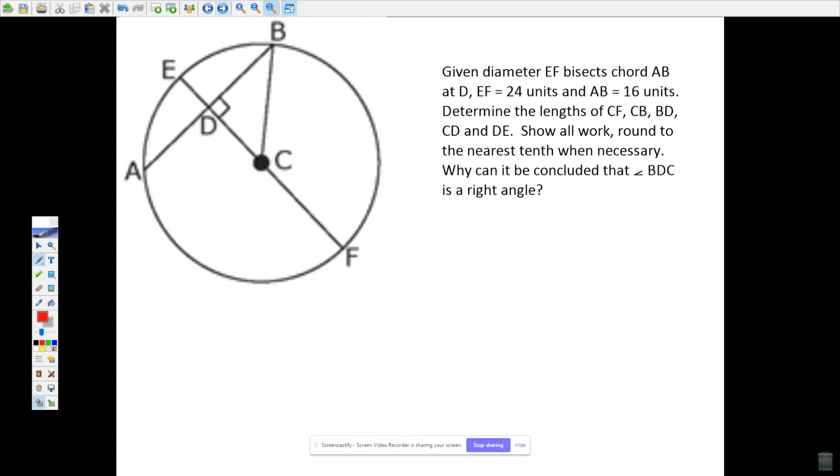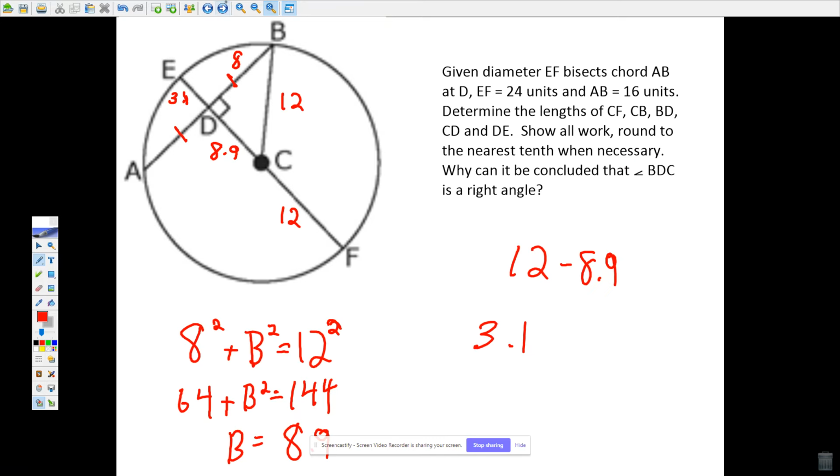Next question. Here you are given that EF bisects chord AB. EF, the diameter here, is 24, and AB is 16. Using that, you need to answer these 5 side lengths. Please begin. The answer is,